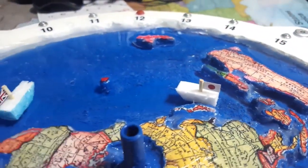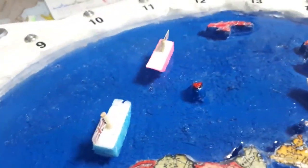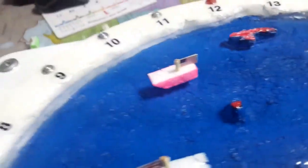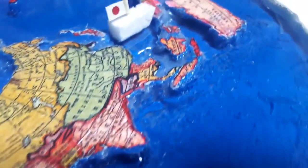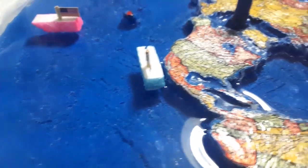All I need is this model and a liter of water, half a gallon of water, a pint, and I can reproduce everything. I can bring the boats, show how the circumnavigations can be done. I can show how tsunamis work and circumnavigation by air. Everything can be done, can be made, reproduced here in this model. And if I can work on this a little bit more, I don't know when or if I will do it, but I can